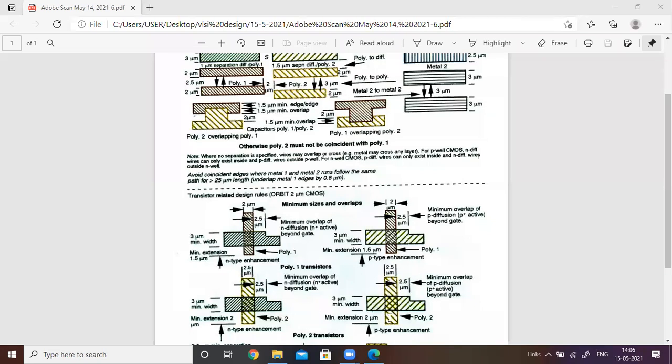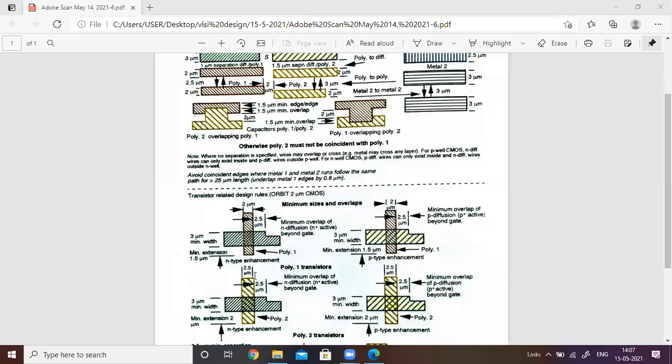Remember that point. Similarly, whenever there is a cut like this, beyond this point here, the separation between this boundary and this boundary is 2.5 micrometer. Here also 2.5 micrometer. And just remember the width of poly 2: we are assuming the minimum width is 2 micrometer, but here we are going to take more than 2 micrometer. So 2.5 micrometer we can take, no problem. That is the main thing you have to remember.